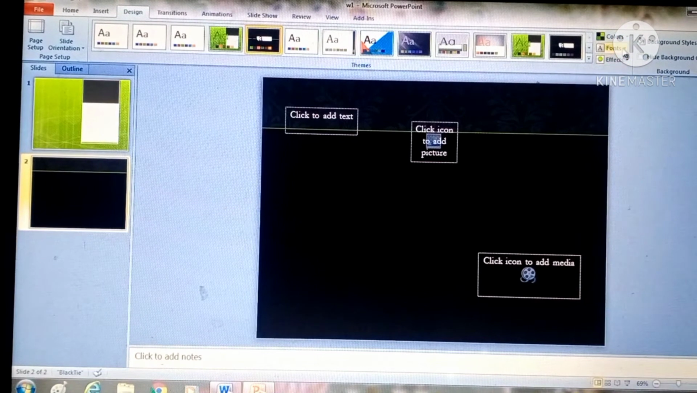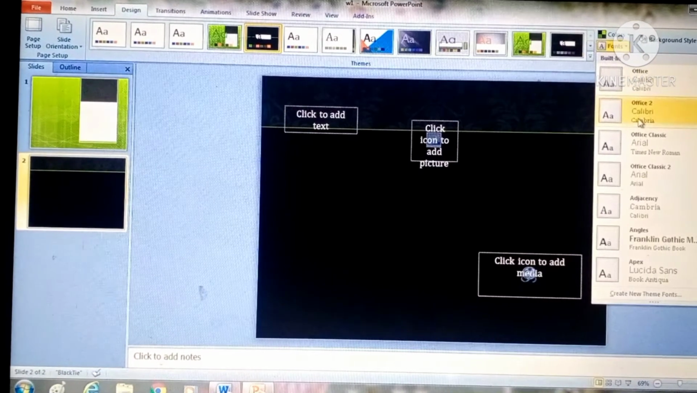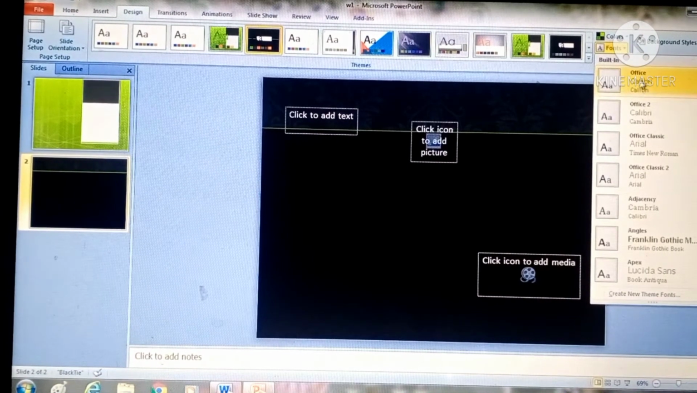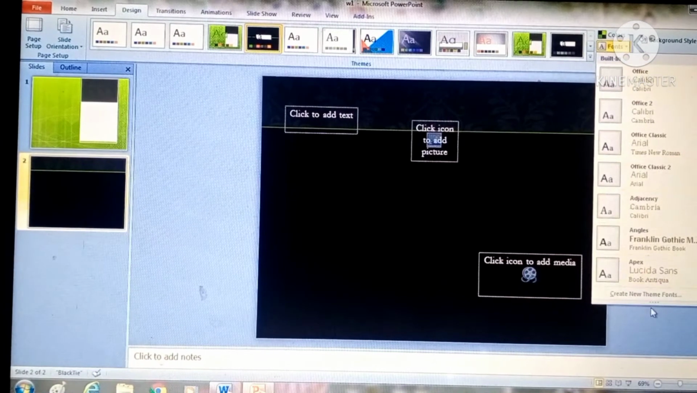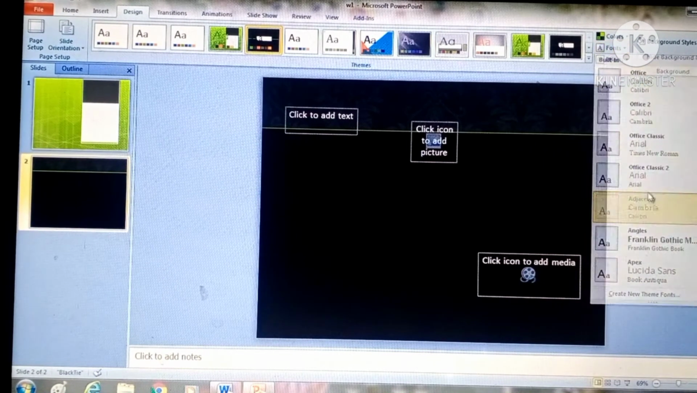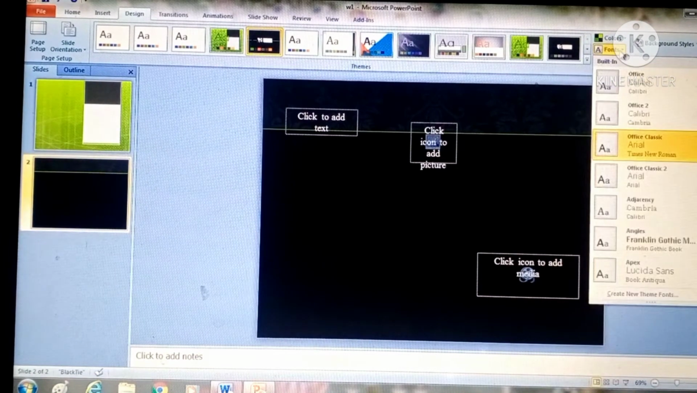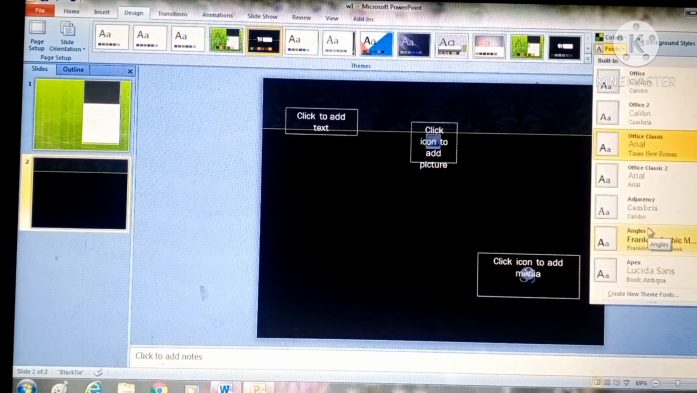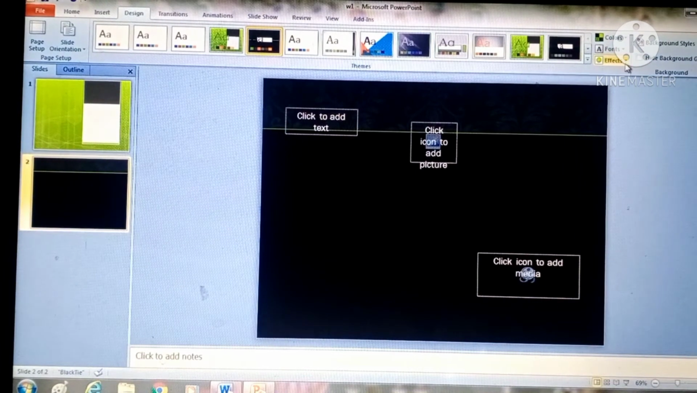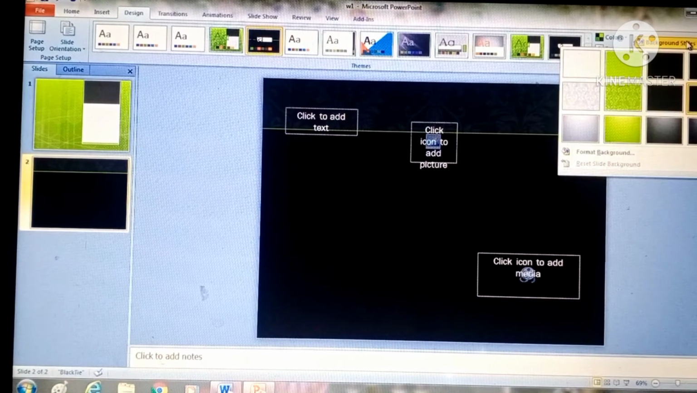You can change the color scheme a little. If you want to write something, then you can select the fonts from here. By this, like this, you can see that there is a change that is going to happen in the slides, whichever fonts you are selecting. If you want to give some background style,